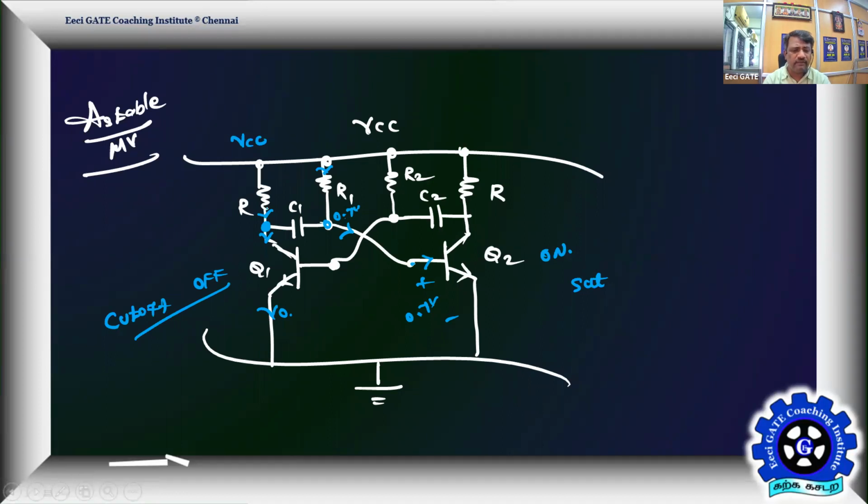Since it is in cutoff, there is no current in this collector. So how can the charging take place? Who will get charged now? Since this is an on condition, this potential is 0.7, so here it is going to charge this way. This is VCC, this is also VCC, and this is 0.7. Let me have a small check of the circuit. This is an open circuit. There is no current in this. If there is a current, there will be a current in this path. There is definitely a current in this path. So there are two currents.